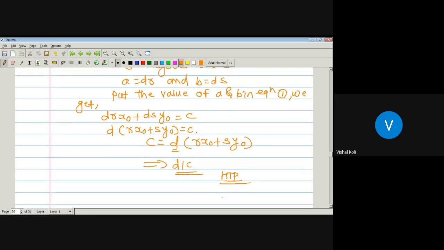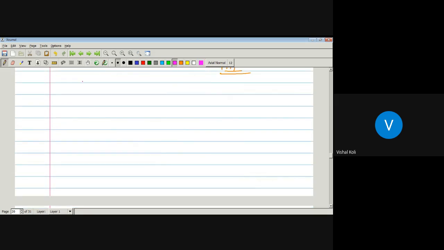Now we have to prove the if part. We have to take d divides c, where d is the GCD of a and b, and we have to prove that the linear Diophantine equation has a solution. So given that d divides an integer c. As d divides c, then by the definition of divisibility, there exists an integer small t such that c is nothing but a multiple of d into t.